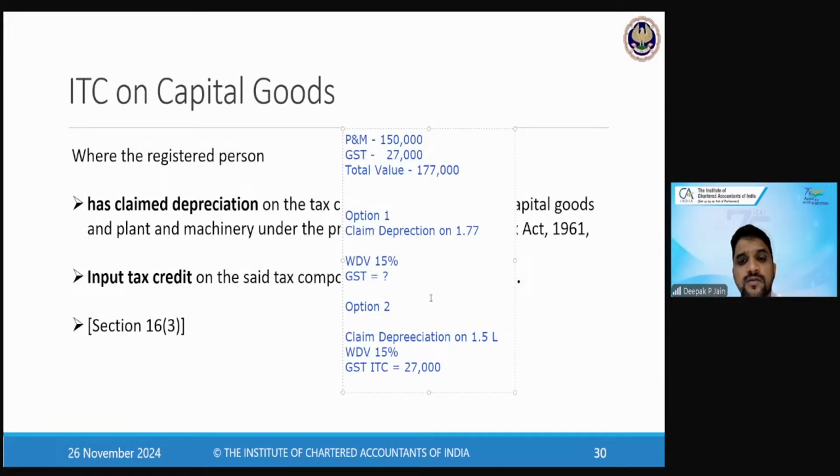GST आपको तो एक ही बार मिलेगा ना, आपने एक बार यहाँ पे क्लेम कर लिया है. ठीक है सर।